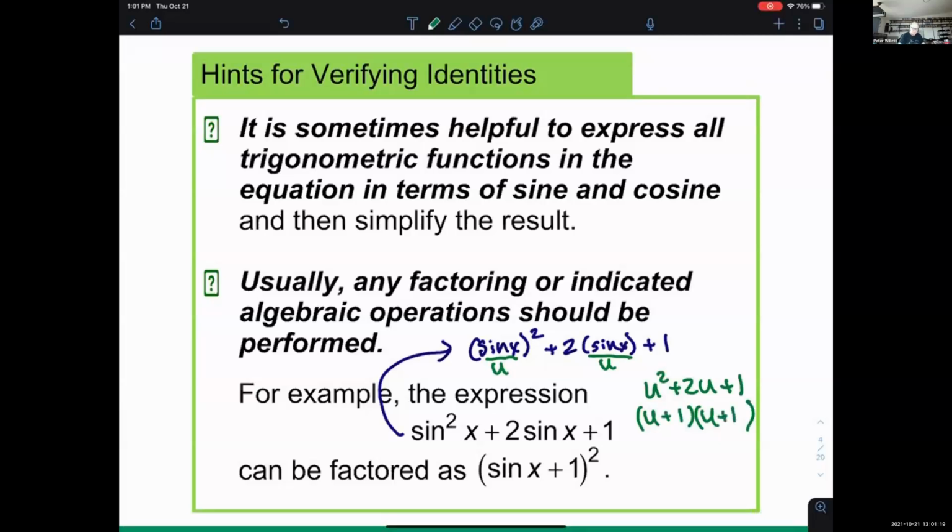And you could confirm that if you FOILed this out, u times u is u squared, 1 times 1 is 1, and you have u plus u to give you 2u in the middle, so that this is a proper factoring. And since the two binomials are exactly the same, you could rewrite that as u plus 1